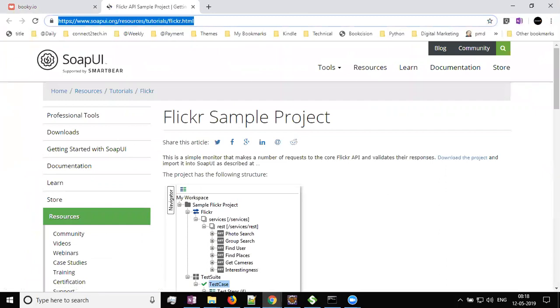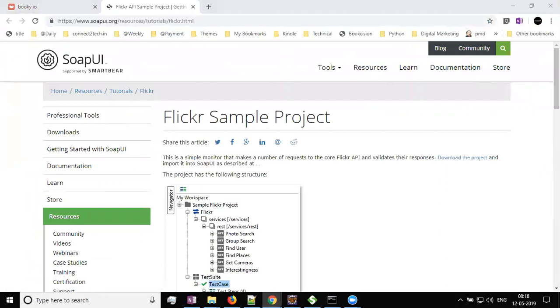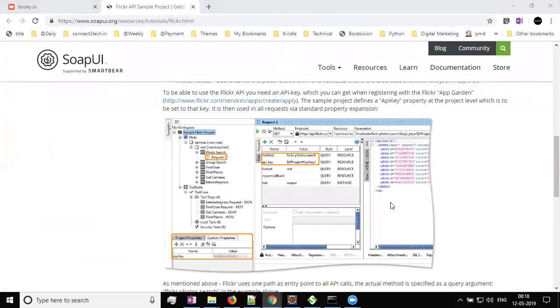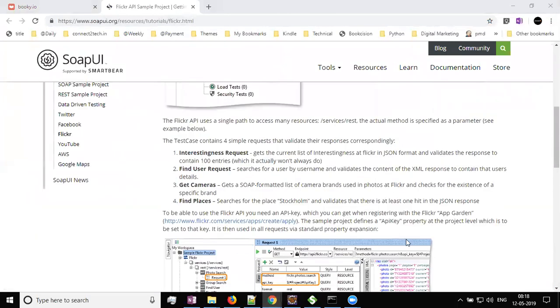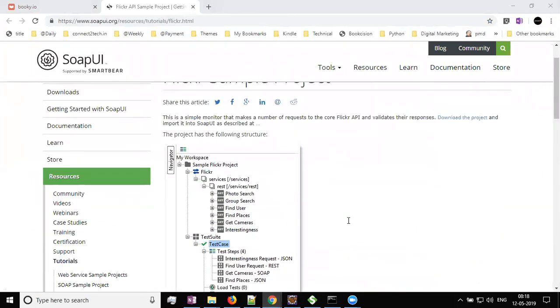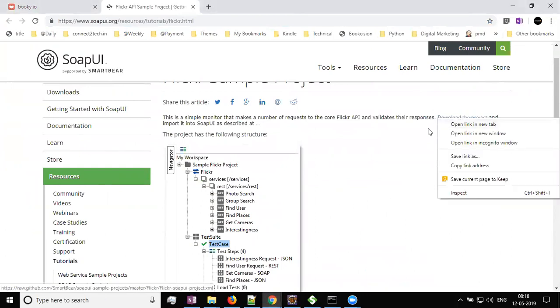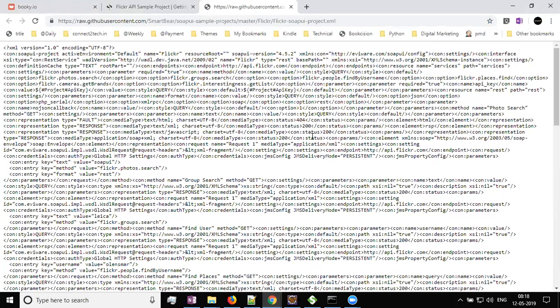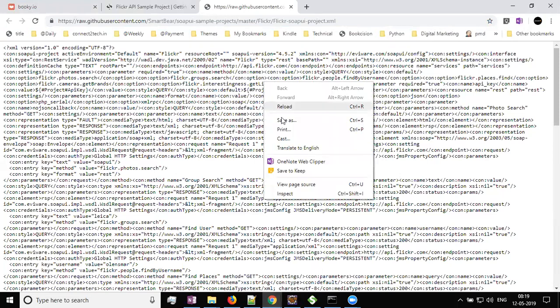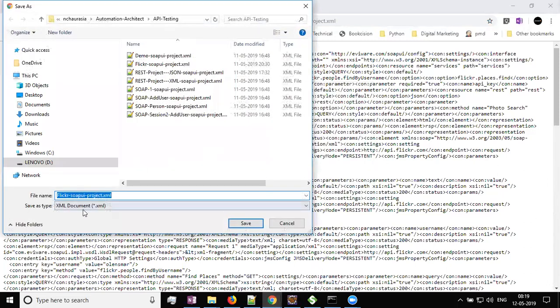I'm sharing this link with you. All of you, please click on this link. Please do that quickly. I have sent it on the chat, and there will be a link here. Download the project. Go to this window, right click. After you click on that link, open it in a new tab, you will get a file like this. Fine. And once you get a file like this, right click here and say save as